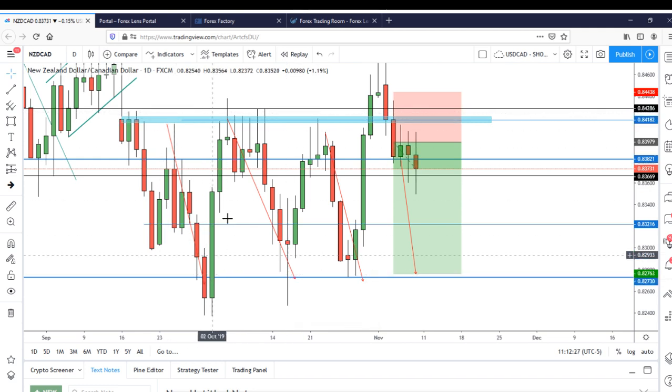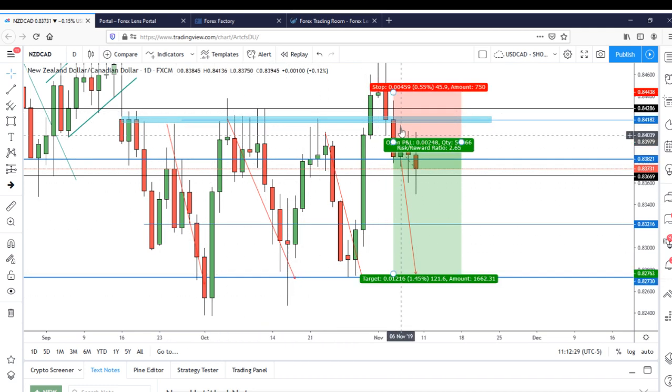We were basically trading this resistance region to this support region. We can see it with the arrows, right? And this is what we're expecting for NZD/CAD. And you know, we started our way down there. We went as far as